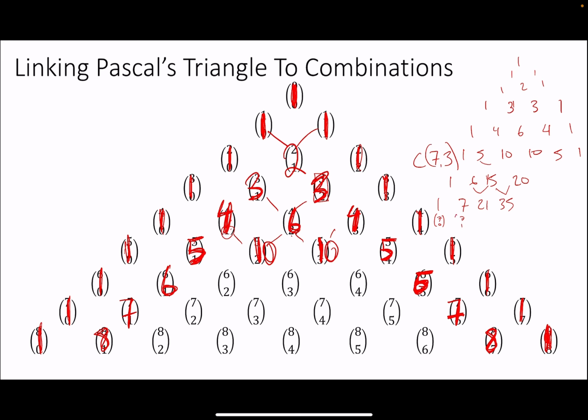7 choose 1, 7 choose 2, and 7 choose 3, which is equal to 35. I mean, I think it's quick. You could also just do 7 factorial over (7 minus 3) factorial times 3 factorial, which is essentially equal to